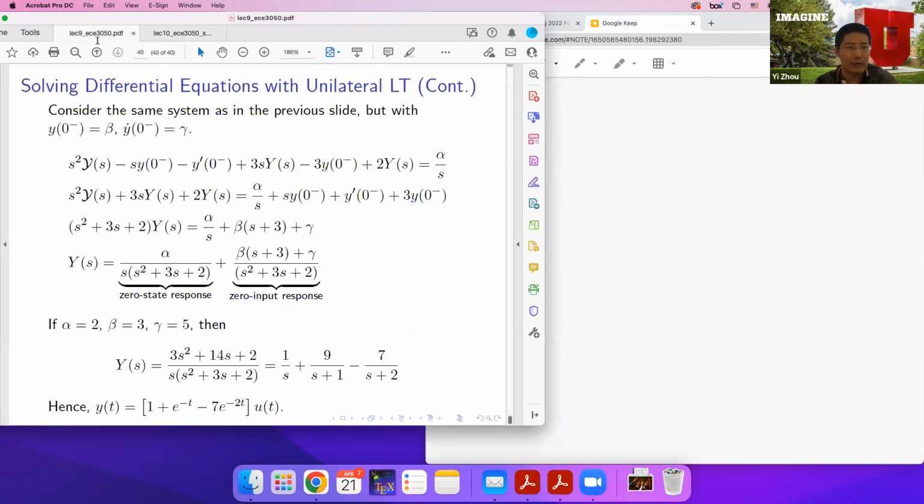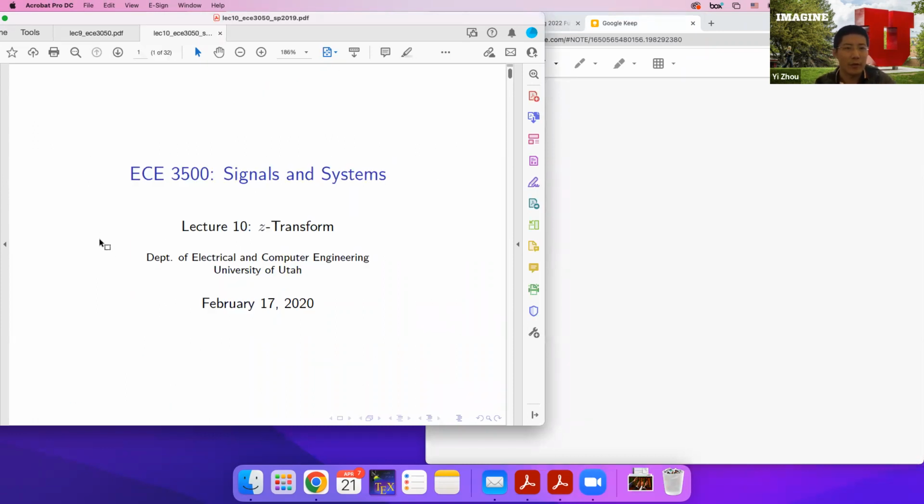Given lecture 9 and all the background on the Laplace transform, the Z transform can be understood as a discretized version of Laplace. So remember, we introduced